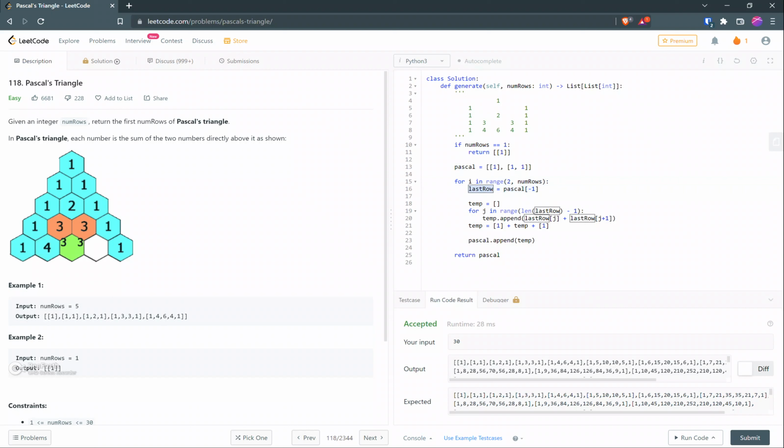सो पहिलो कुरा त हामीलाई एउटा कुरा थाहा छ, हाम्रो प्रिभियस रोमा डिपेन्ड गर्छ। सो लास्ट रो हामी के गरौँ भने पास्कल भन्ने जुन हाम्रो लिस्ट छ त्यसबाट लास्टको रो टिपौँ है त। अनि त्यसपछि मिडल एलिमेन्ट क्याल्कुलेट गर्दाखेरि पहिला यो लाइन बुझौँ है त। सो फर्स्टमा हामी 1 राखौँला, अनि केही मिडल एलिमेन्ट क्याल्कुलेट हुन्छ होला, त्यसपछि फेरि 1 जान्छ। अनि यो सबै जुन क्याल्कुलेट भयो नि त्यो मैले पास्कल भन्ने लिस्टमा अपेन्ड गरिदिएँ भने त्यसले मेरो नम्बर अफ रोज आउँछ। त्यो पर्टिकुलर रोमा के भ्यालु हुनुपर्ने भनेर आउँछ